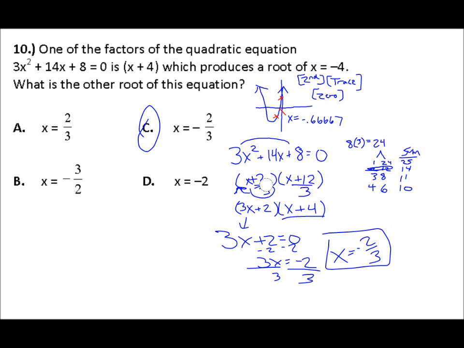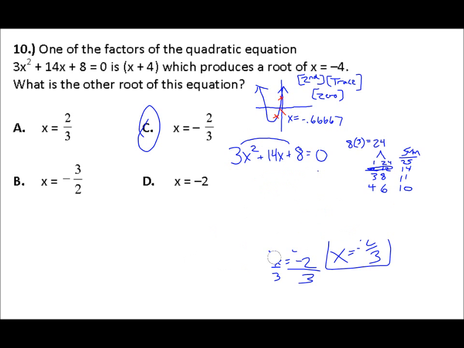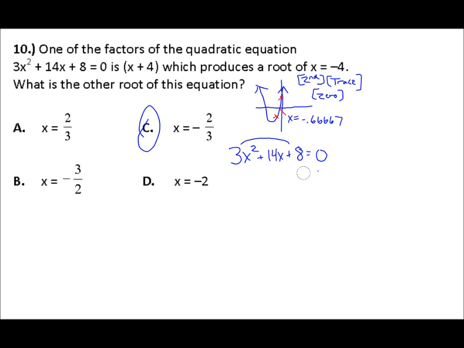Now here's a different way completely to think about this problem. Forget about factoring everything out completely, because we already have one of the factors known to us. So here's something interesting that we can do. Write this out as two factors. This must be equal to x plus 4 is one of your factors, and then I really don't know the other factor, but if you think about the box method, we can actually kind of work backwards here and see